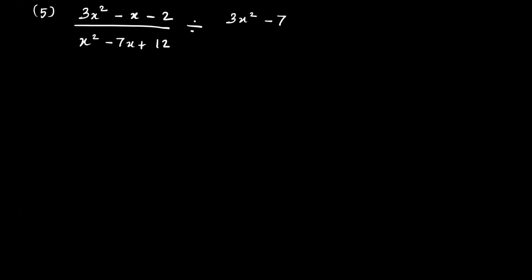Okay. Till then, I'll just copy. Till Anthony is asking me for the doubt, I'll just copy the next question. That is the fifth sum. Again, this looks like a big sum. 3x square minus x minus 2 upon x square minus 7x plus 12. Okay, this divided by it. See, till now we were getting multiplication. I'll tell you what to do when there's division. 3x square minus 7x minus 6. And last is x square minus 4.